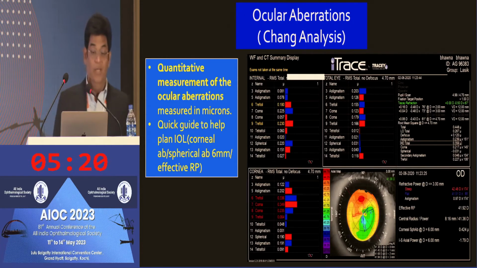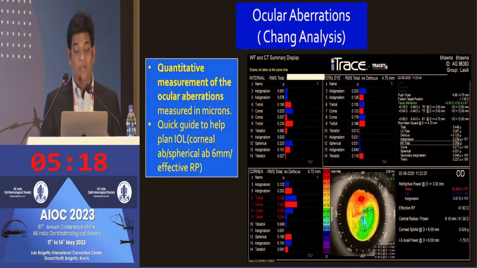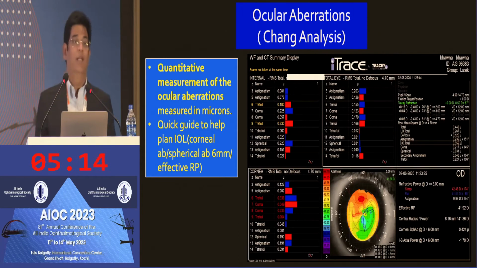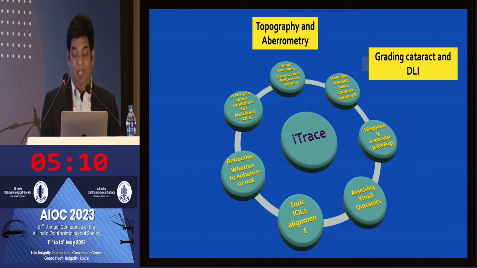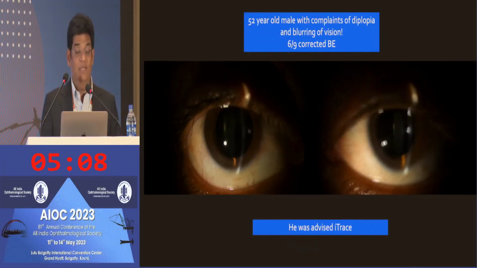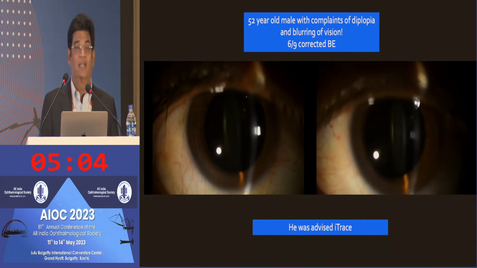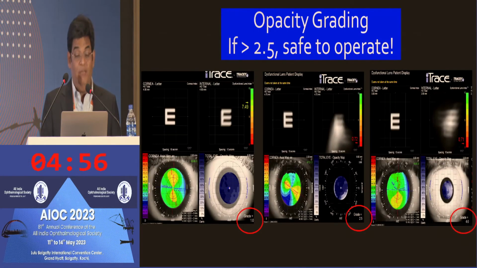There is something known as the Chang analysis, and at a glance, it quantifies the ocular aberrations in the eye of the patient. If you look at cataract in these patients, this patient had been subjected to a CT scan. He had complaints of diplopia. He had reasonably good vision, 6/9, correcting in both eyes. But when we take a close look